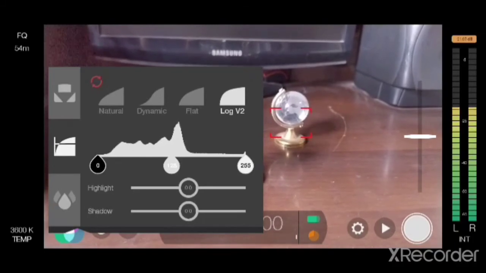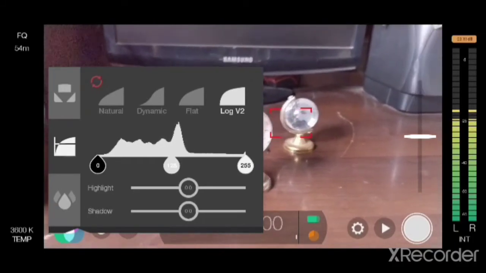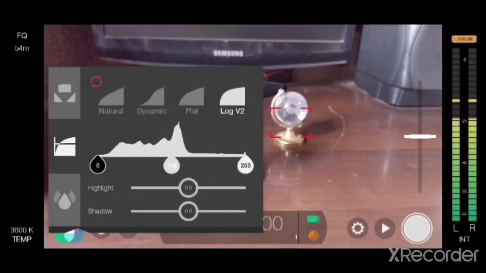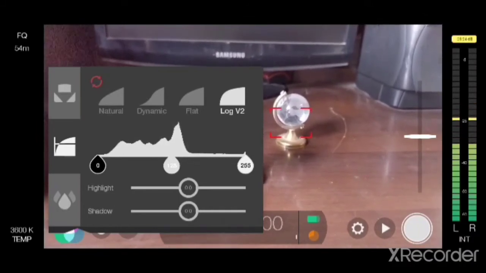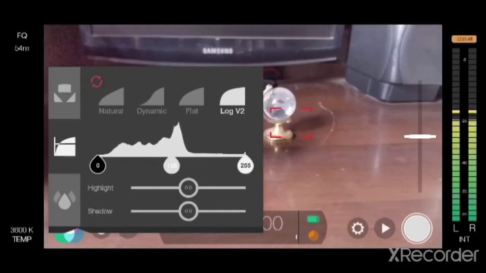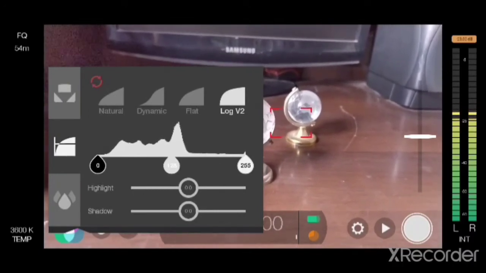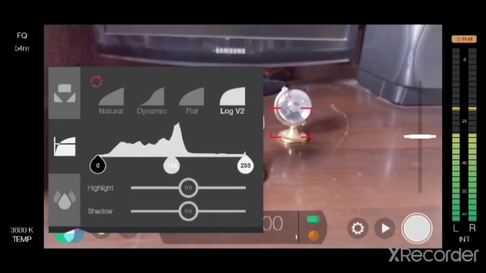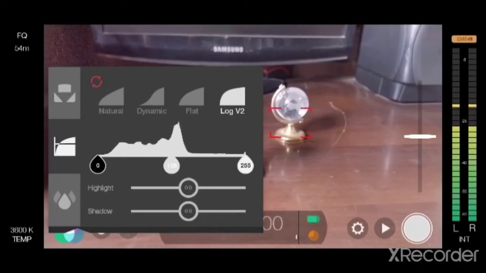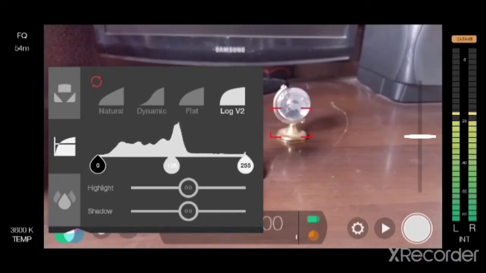If you tap on it, it becomes a much less contrasty and desaturated image with a much greater dynamic range. It is for the more advanced level pro cinematographer. They can use this option for filming their films, shots, videos, and so on.